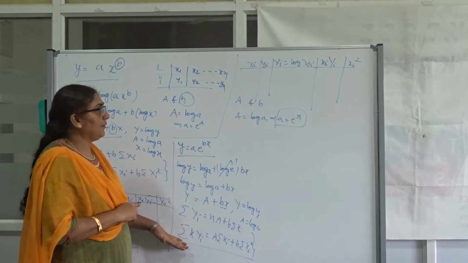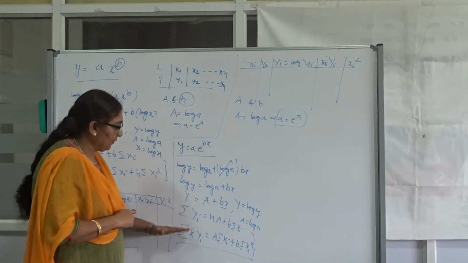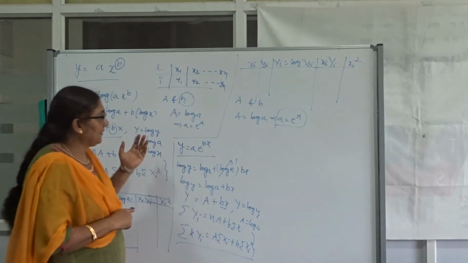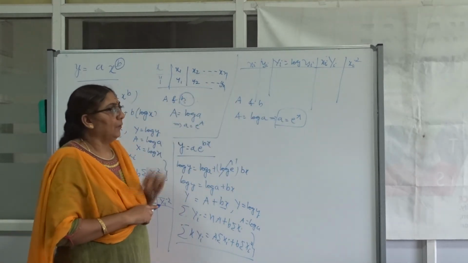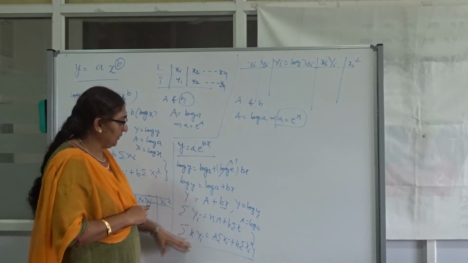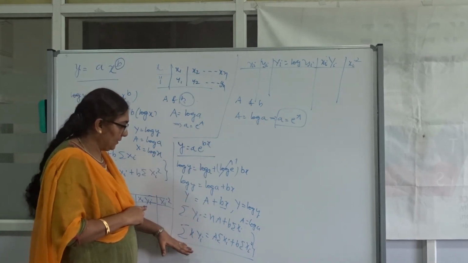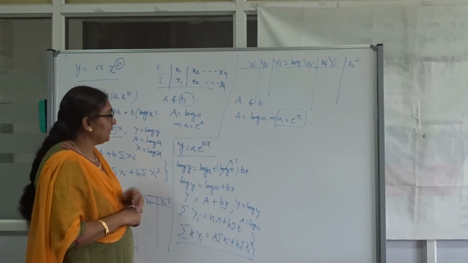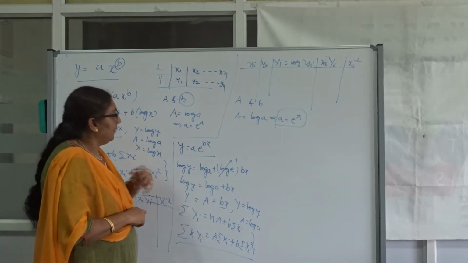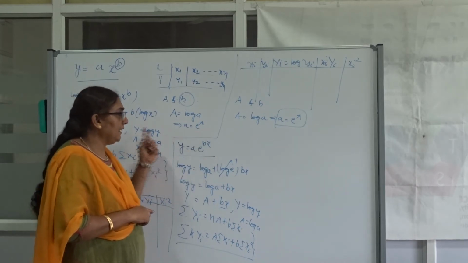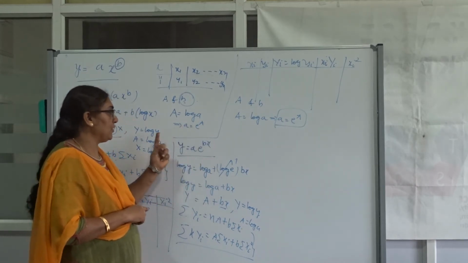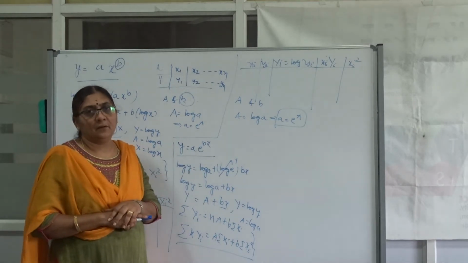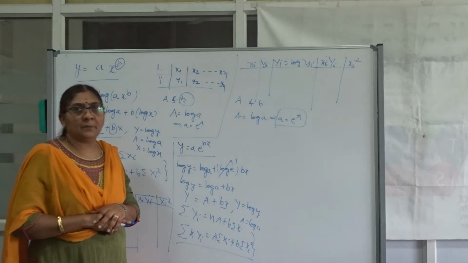Once we get the normal equations, you construct the table. Find out the summations you have in the normal equations using the given set of data with the help of the table. Once you get the values, substitute them in the normal equations and simplify. Automatically, we get the values of the unknowns involved in the general equation. Now you substitute in the general equation. Then we say that this is the best approximation equation to the given set of data by the method of least squares.